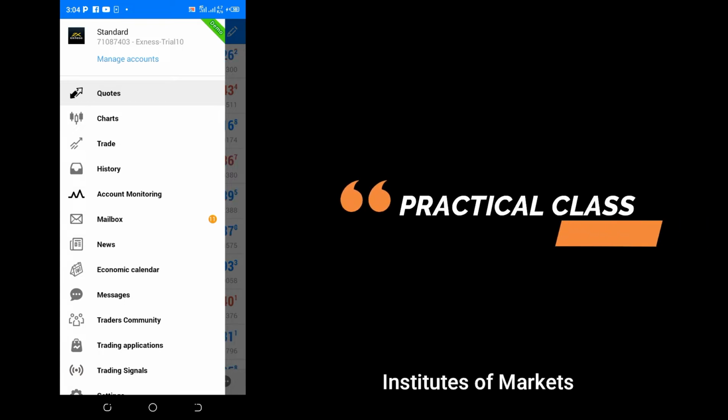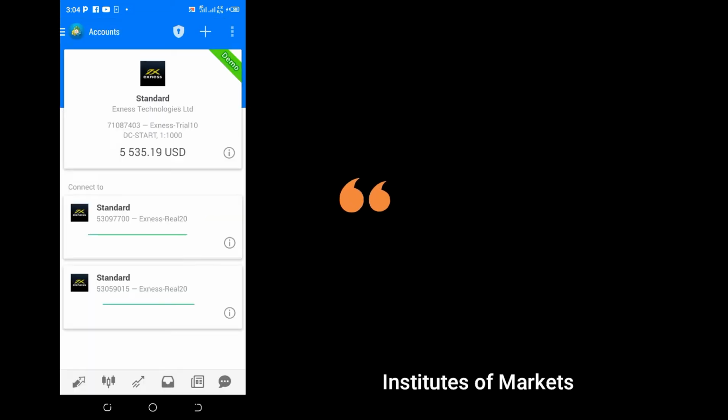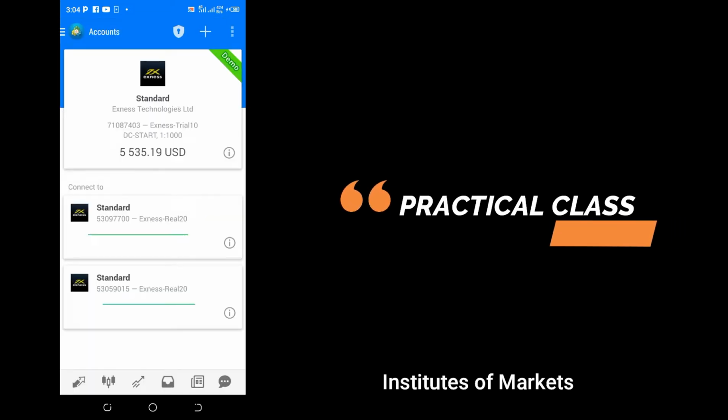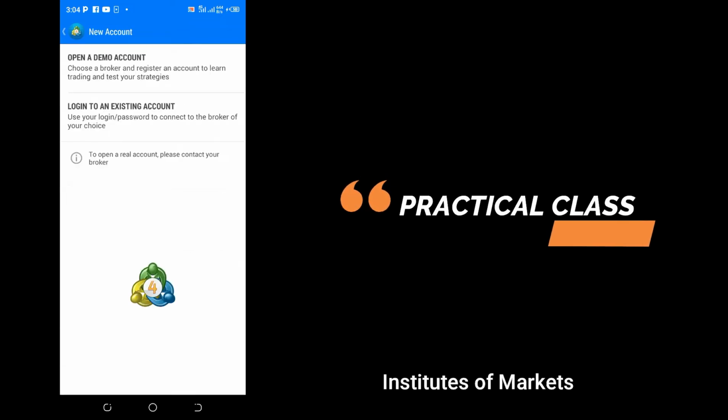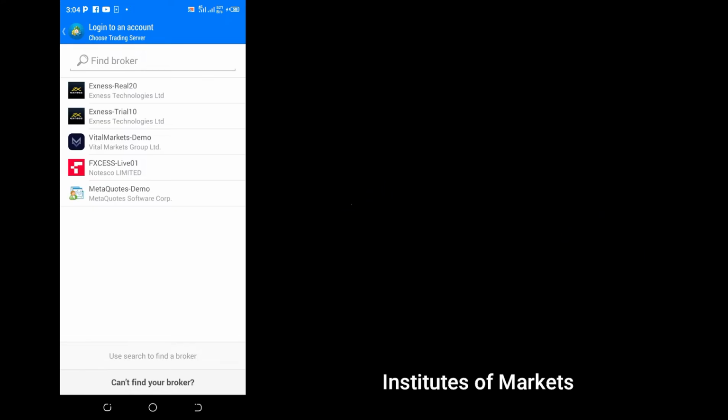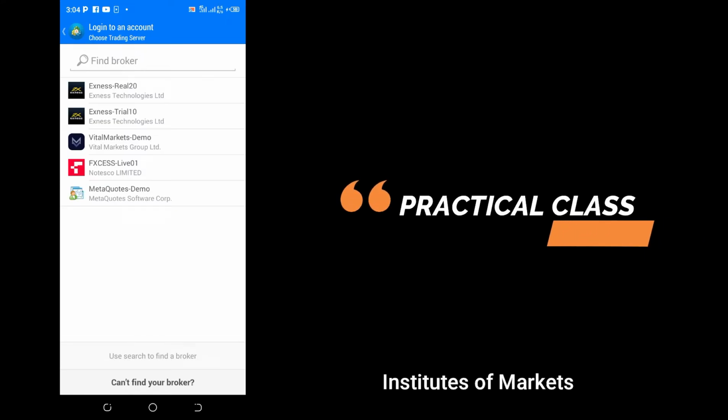Then just tap here, just tap up. Then you will see a plus sign on top. Click on this plus sign. You will see open a demo account or log into an existing account. So we'll choose log into an existing account because we already created